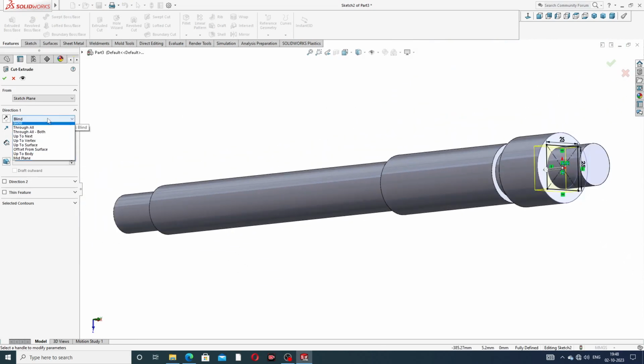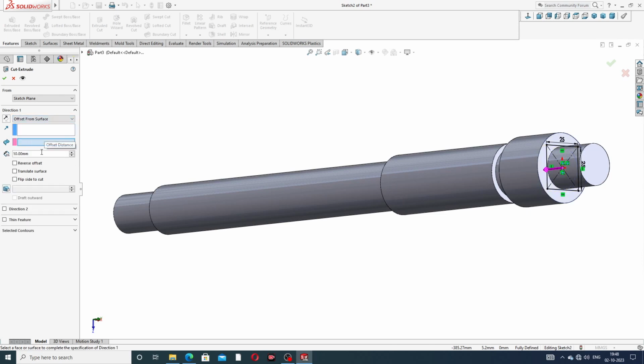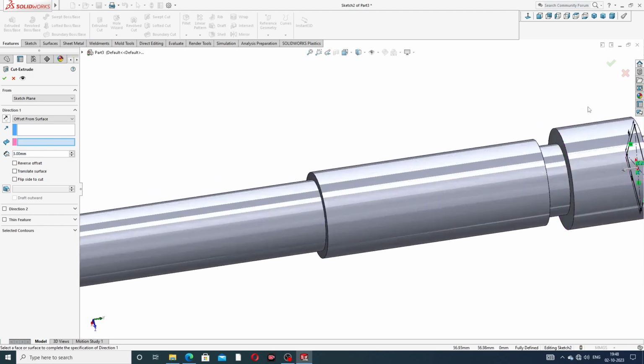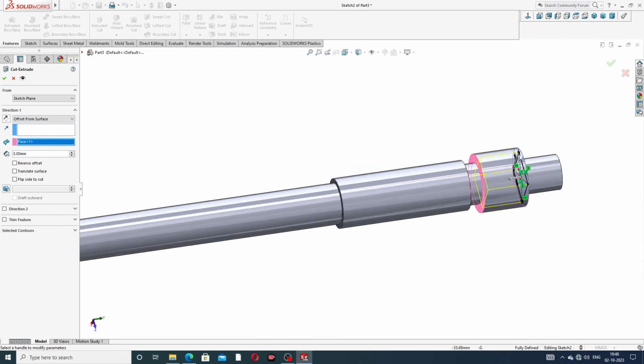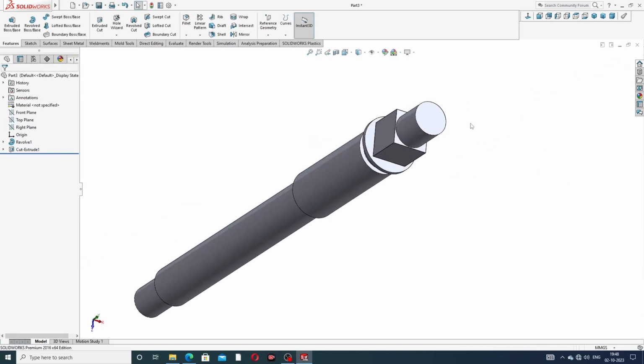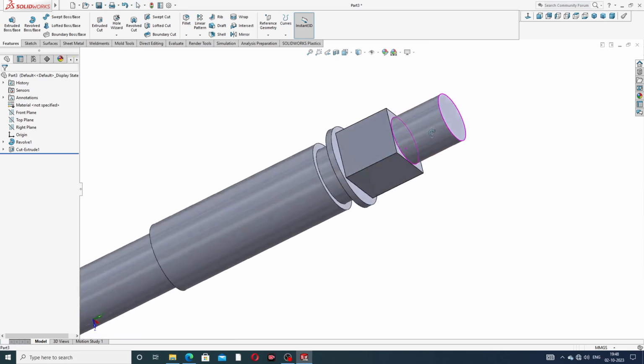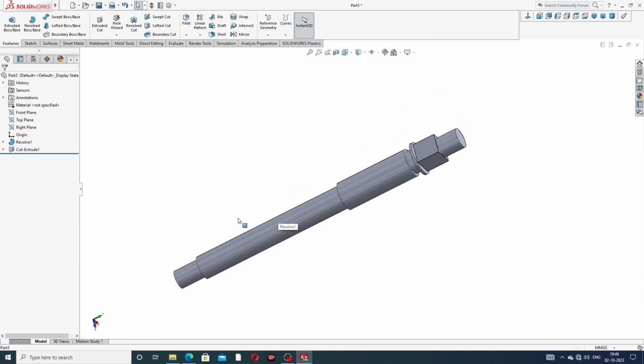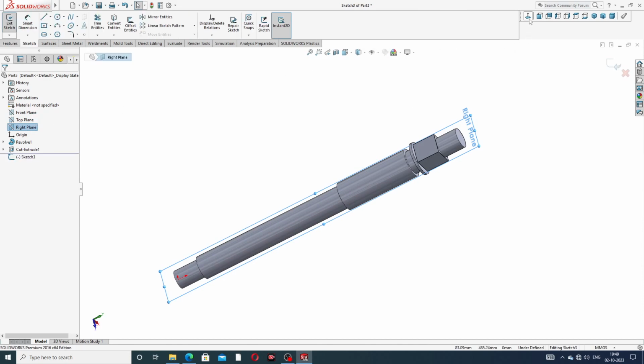and going to this offset from surface. Okay, and this is a 3 millimeter, and offset is this. Okay, and flip side to cut is better, and okay, click OK. Okay, this is very nice looking here, and this is perfect and correct, and also use a right plane, a hole is created here, and okay,